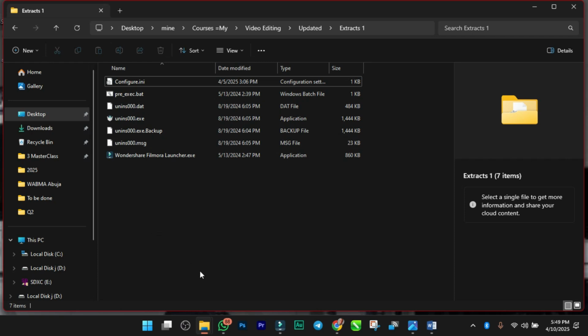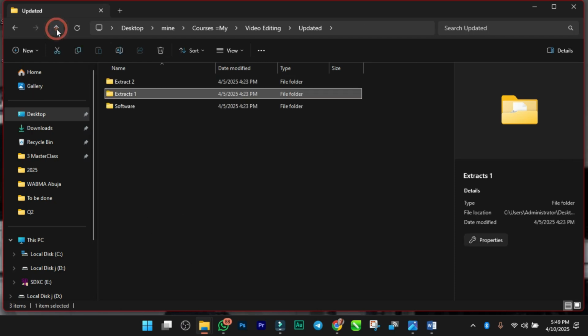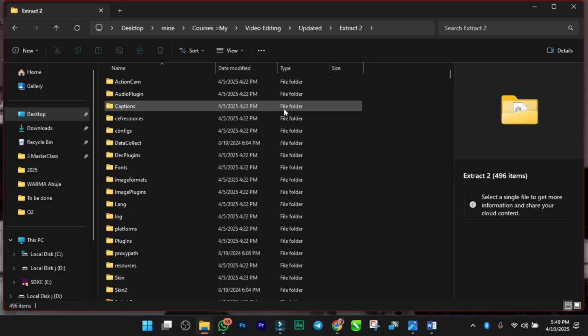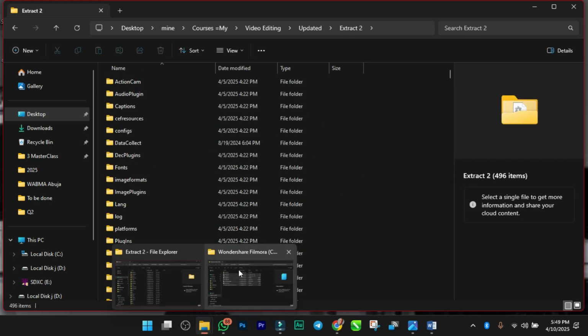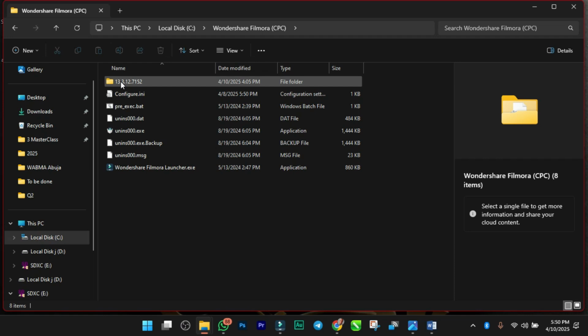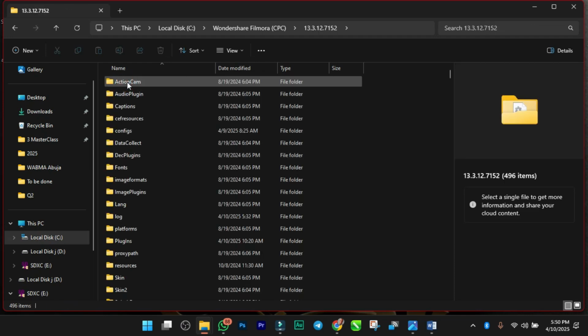Bam. After you've done that, close this extract one or go back, open extract two again. You have a whole lot of folders here. Go again to that same file folder place. Now, you notice that we only copied the content of extract one here. We didn't touch this folder here. So now deselect this place, tap on this folder like this,